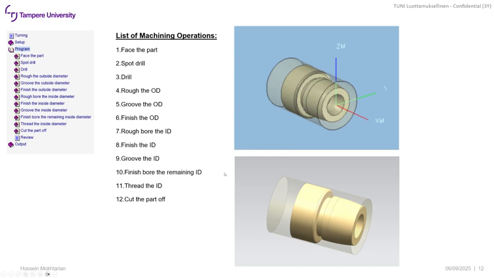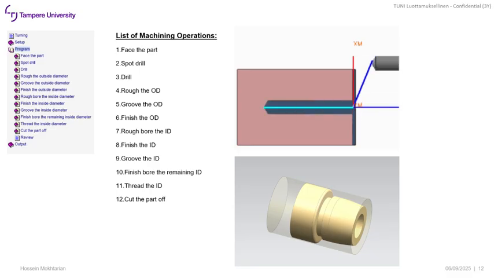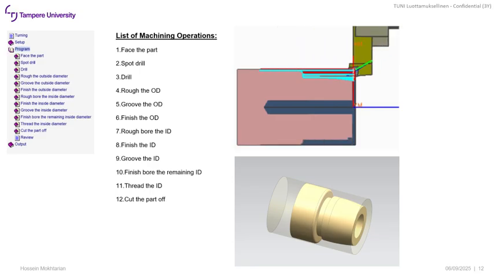For example, in this specific part, we're going to have first facing a part. So we need to decide about the parameters, depth of cut and parameter settings here. Then we're going to have a spot drill to help us center the drill. After that, we're going to have a drill. It might be several drills depending on the diameter. Then we're going to have a rough outside diameter,